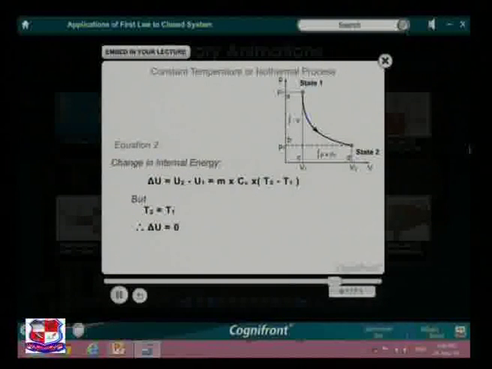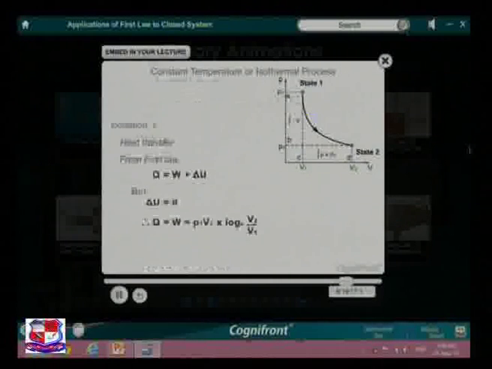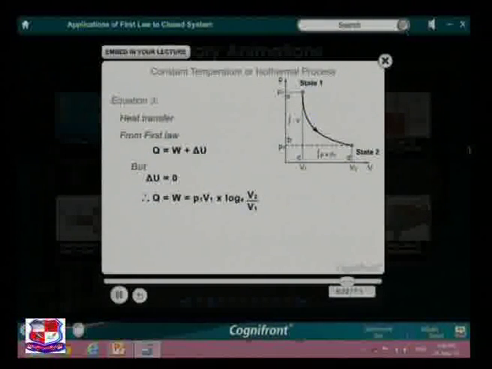The change in internal energy can be expressed as, since this is a constant temperature process, therefore delta U or change in internal energy is 0. Therefore, heat transfer in this process can be expressed as